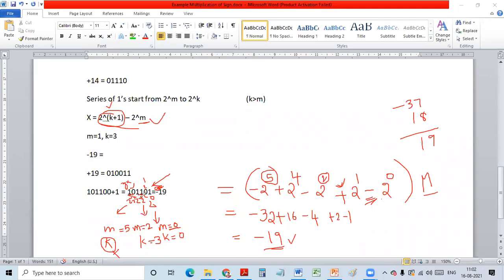You need to consider this series of ones. We'll be having an m term that has to be subtracted. For a k term, it is added, right? When the m term appears, when the k term appears, that has to be checked. Okay, so whenever you encounter the m term,